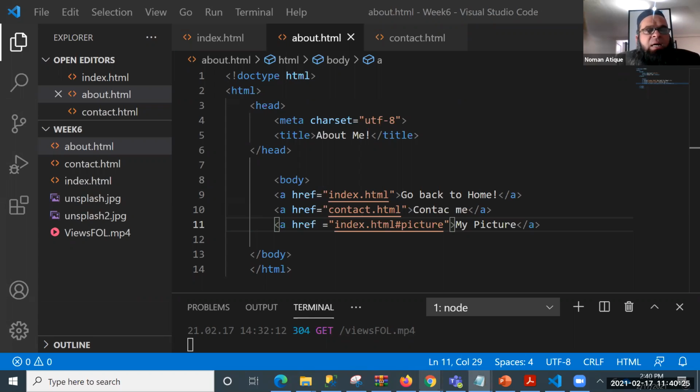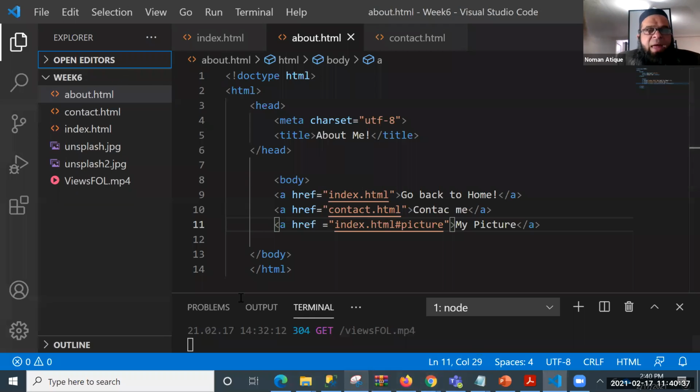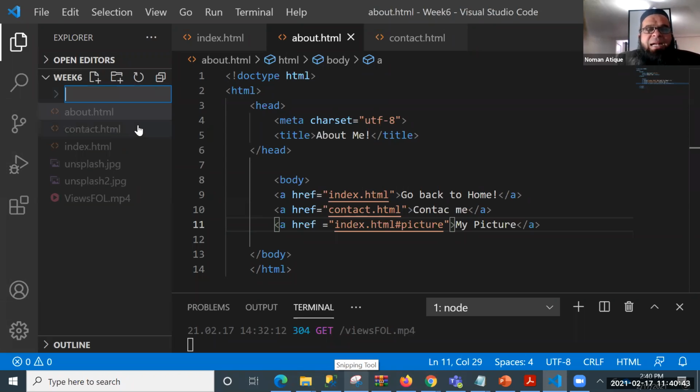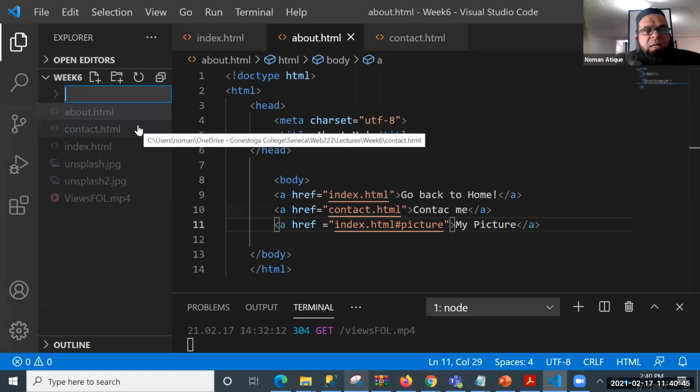So the last thing, as we were talking about relative or absolute paths, I wanted to tell you one more thing. We have got this folder over here, so we can create another folder inside that. Maybe create a folder inside week 6 and call it data.